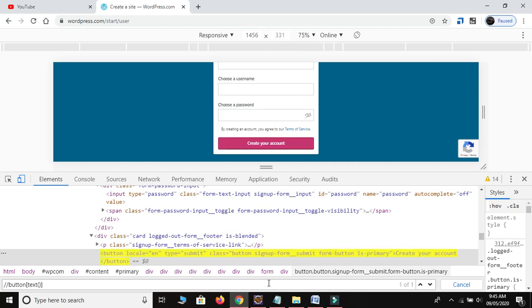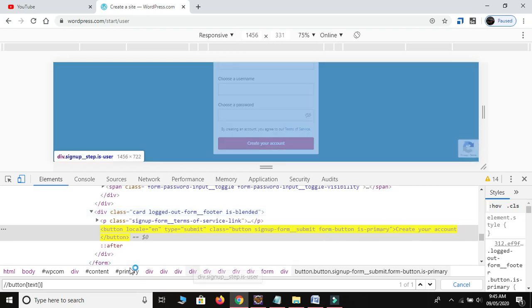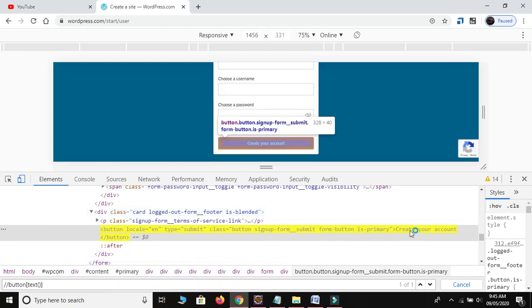So after providing the method, we need to provide the name of the text. So here this is the text. It doesn't come from any attribute value. If there is an attribute, we need to define it inside the parentheses, but this value, create your account,